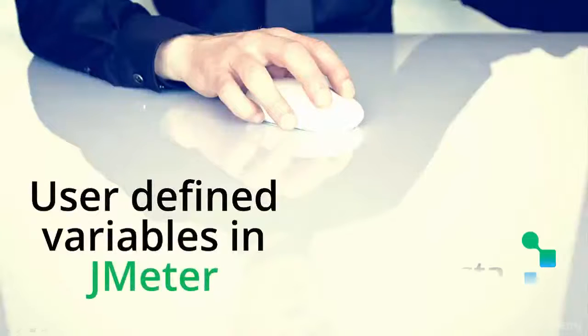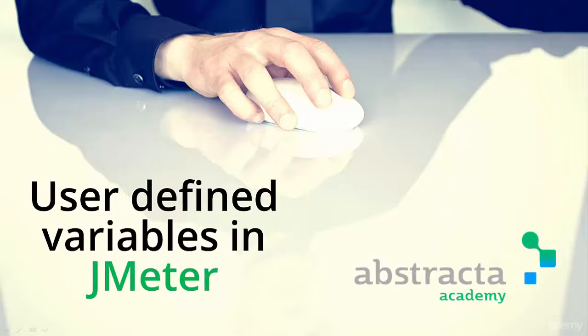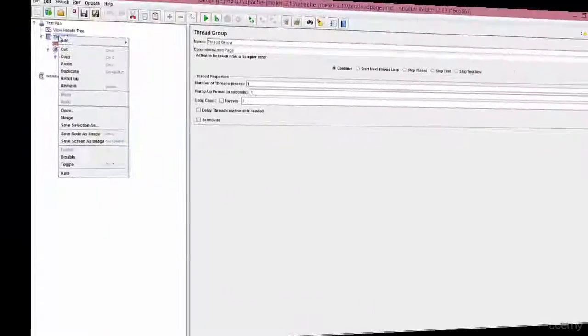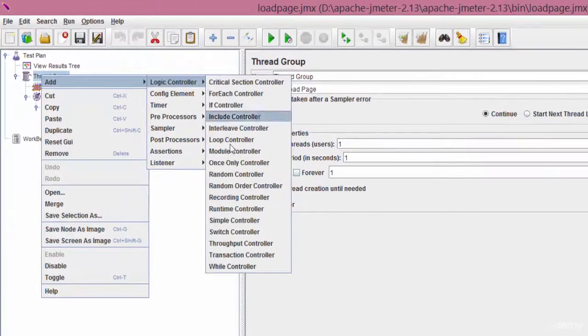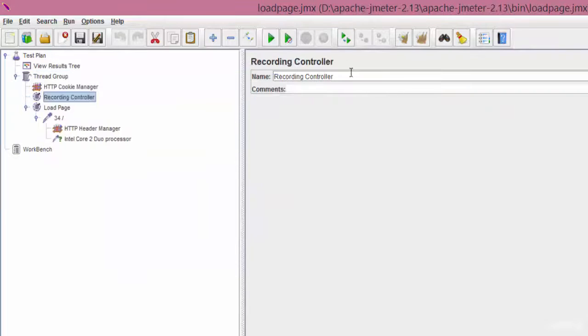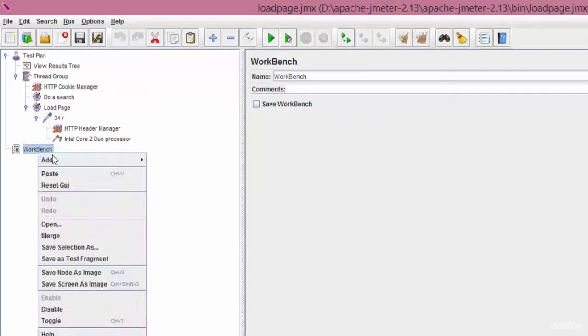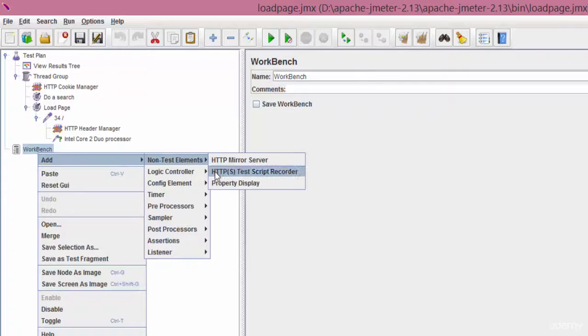In this lesson, we're going to learn how to define and use user variables in JMeter. To do this, we're going to record a search on the OpenCart site using JMeter's recorder. So let's add a recording controller in which we'll record the search, and a test script recorder in which we'll indicate the domain,